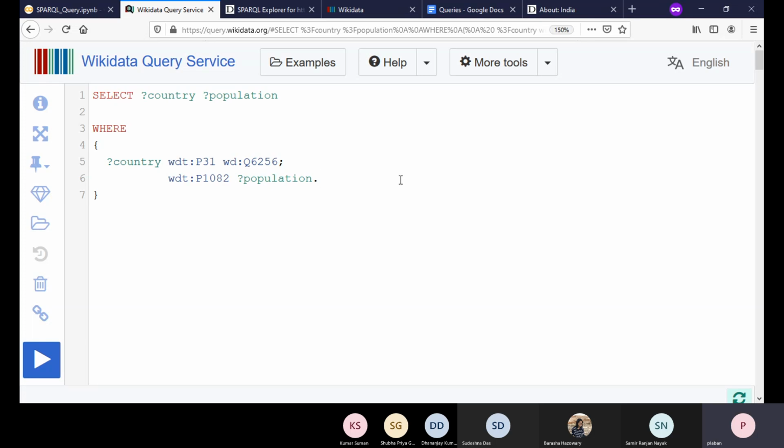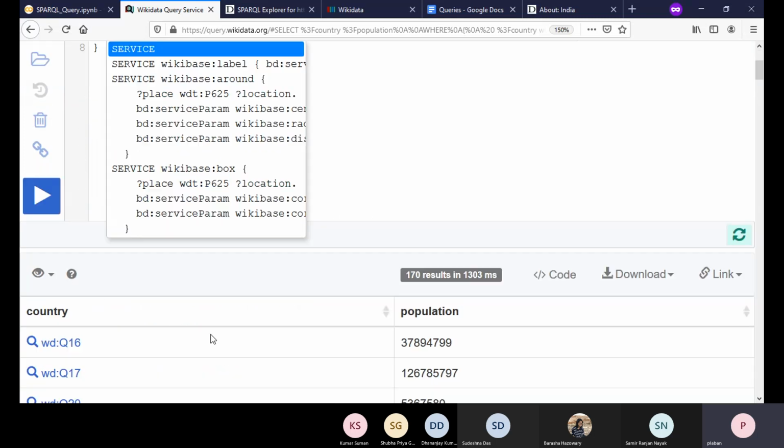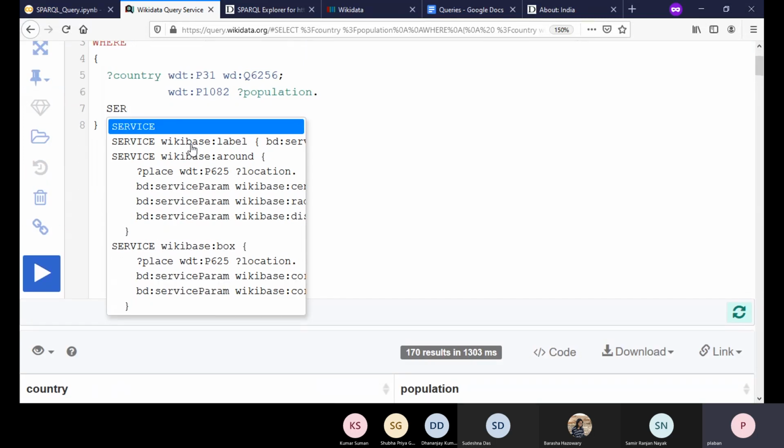If you want to extract the label of this country, basically the particular string name associated with this URL, you can do that using the service functionality. So you just write SERVICE, then press Ctrl+Space, and it will give you suggestions. Now you can see there are three kinds of services. One is the Wikibase label service. This label service provides you the functionality of extracting the label or the string name of a particular URL, right?